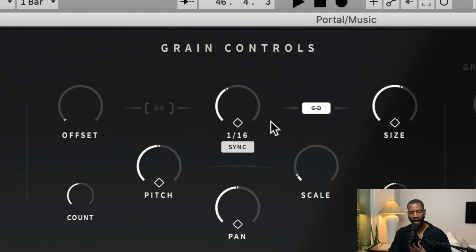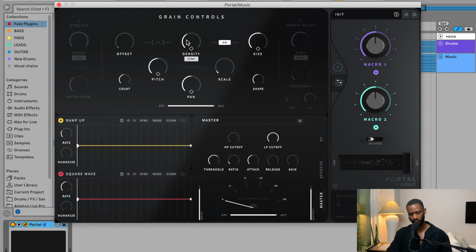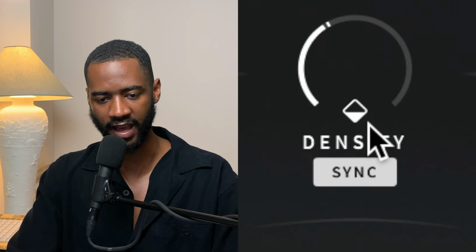So right here we have a knob titled density, and density determines how often in time grains are sampled from the audio. So when it's turned all the way down like that, it's faster and I hear a lot more stuttering. These diamonds, just by turning them up like that, trigger whatever knob it is to modulate randomly as